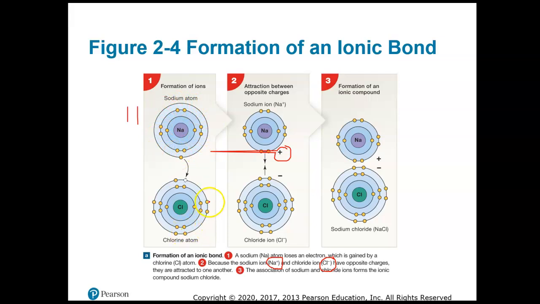Now the chlorine has 7 electrons in its outer electron shell or energy level. So if it were to gain 1 more, which it could get from sodium, if it were to gain 1 more, it would take on a negative charge. And because it had gained that 1 electron, now its outer energy level is complete. So now that the chloride ion and the sodium ion,